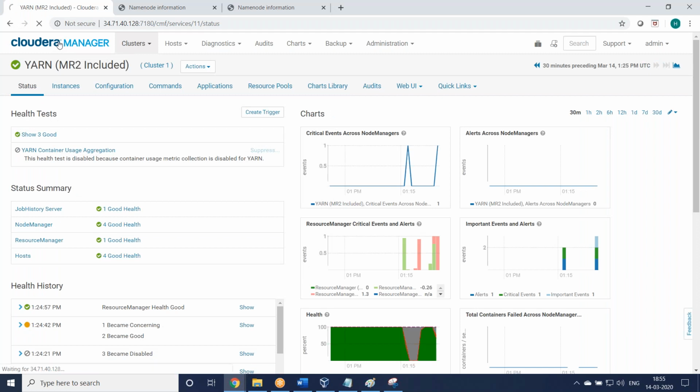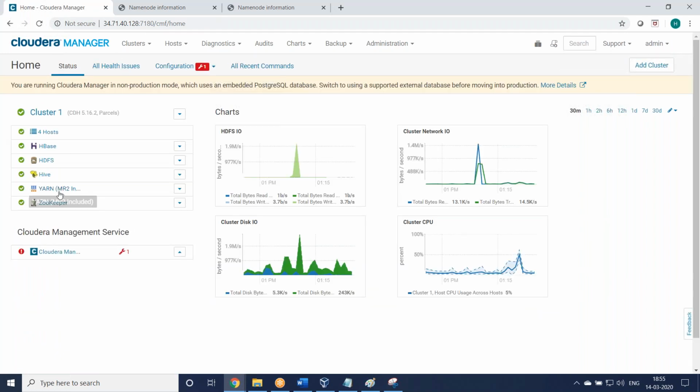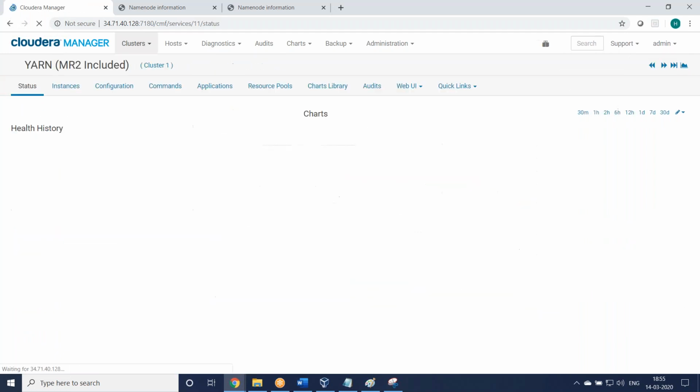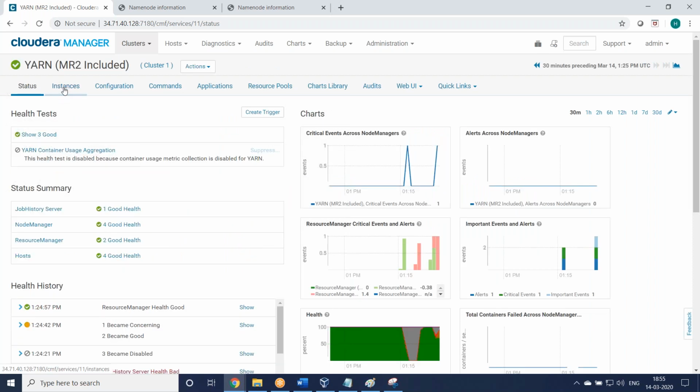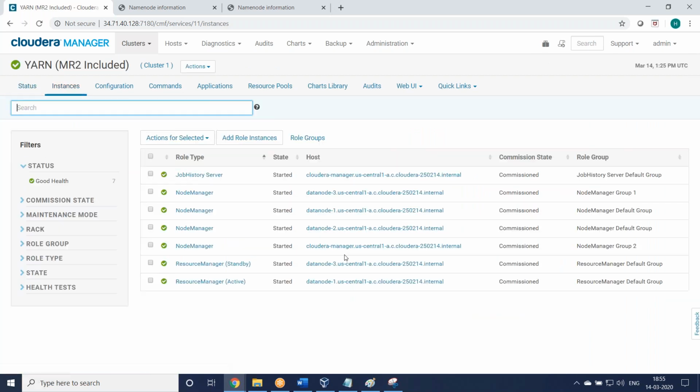You can refresh, go back to Yarn, instances. You can see active, standby, right? Node managers. So now if the active goes down, the standby will automatically convert to active. That's it, high availability. Now you want to see the configuration files.